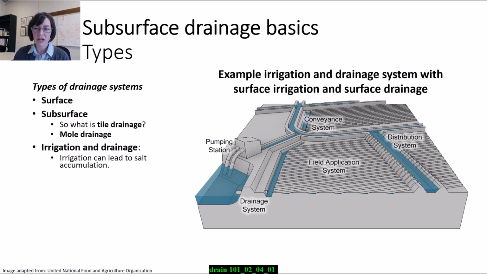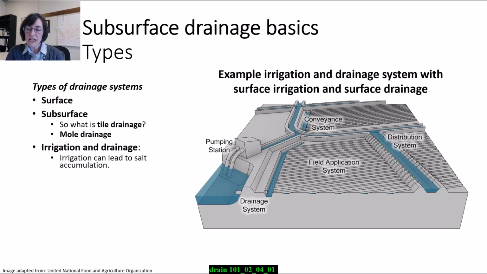So the idea with irrigation and drainage is that plants uptake essentially pure water from the soil, which leaves salts behind. You might be thinking, well, there's no salt in fresh water, it's pure, but think back to when we talked about the National Atmospheric Deposition Program, and we looked at some NADP data online. Even rainwater has salts in it. It has chloride in it, it has some nitrate in it, so even rainwater isn't technically pure. And the same is true with irrigation water. Even if it's groundwater, water is rarely super pure. It's always going to have some salts in it.